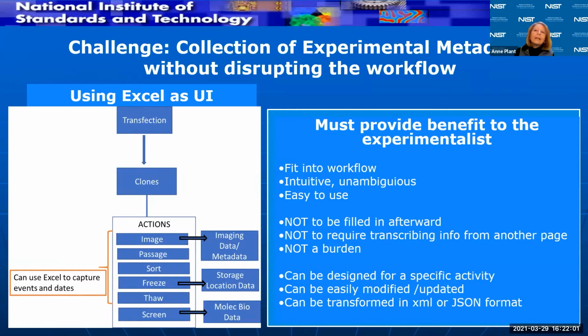If you give the experimentalist, who already has so many operations going on every day in the laboratory, and a lot of manual things and keeping track of stuff, one more task to do, like go back and fill in a metadata sheet, that's not going to happen. It's just not going to happen. And we're talking about the metadata that the experimentalist is going to be creating in the course of the experiment. Metadata that you can get off of an instrument, of course, in a header file, that's relatively easy. But the metadata that the experimentalist generates is much more difficult, right?